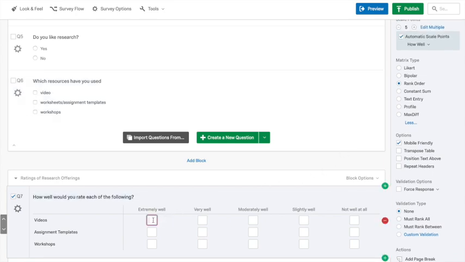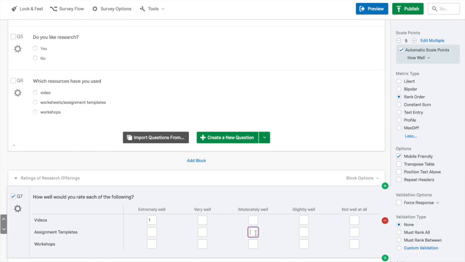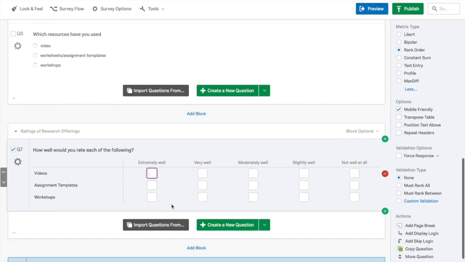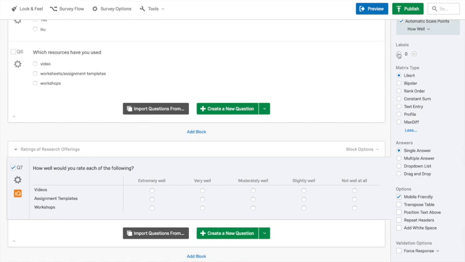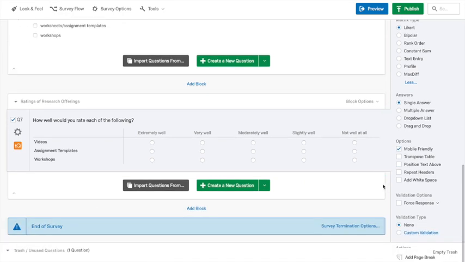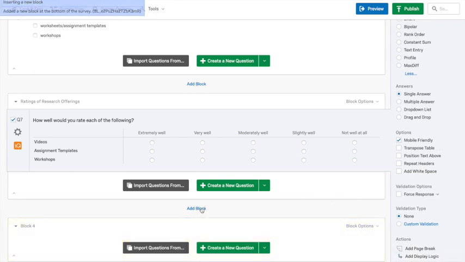In this one, you can enter numbers. I'll leave that as Likert scale. And then I'll add another block. And this is going to be